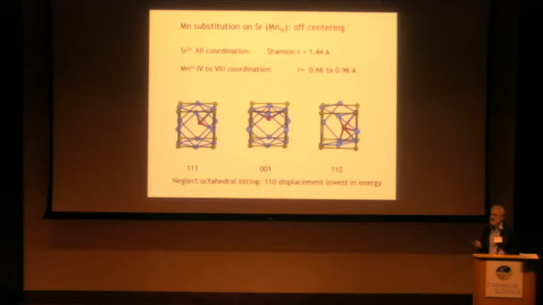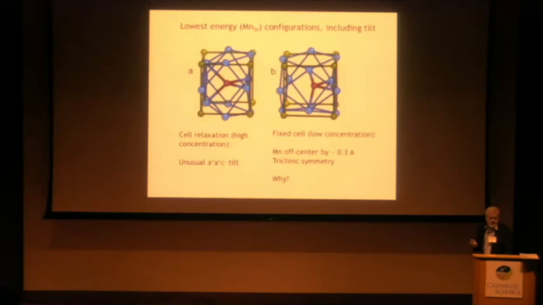The 110 displacement would be lowest. Interestingly enough, the bond in the direction it's moving is longer than the 4 around it if you carefully relax. However, this is not the full picture. If you allow for the oxygen tilting, you can get further lowerings of energy. So in fact, if we allow everything to relax and we carefully try all possibilities of the near neighbor ions moving, we find that this kind of tetrahedral-looking coordination where the manganese is on center is the lowest, at least for this concentration of 6.25% that we studied.